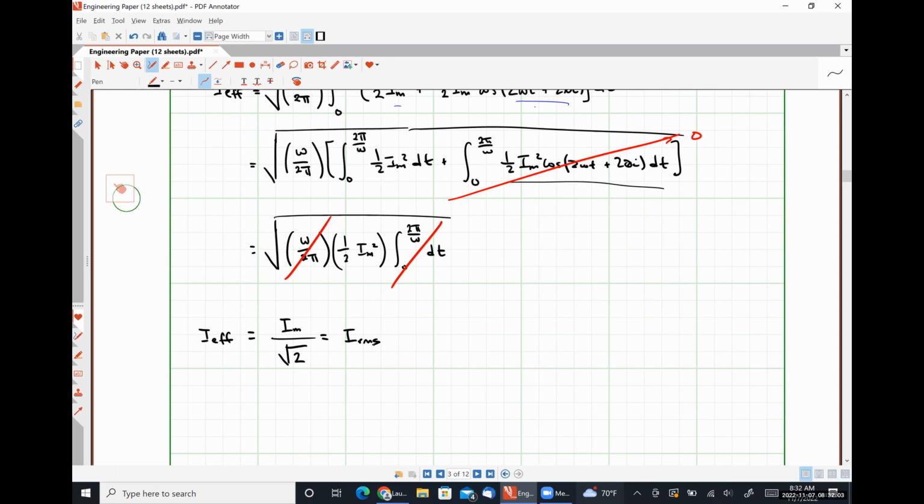So we did not use any specific value for the magnitude, any specific value for the angular frequency, or any specific value for the phase angle, right? So the effective value of a sinusoidal waveform is actually independent of angular frequency and phase angle. It only depends on the magnitude of the waveform, which makes the job of an electrical engineer much, much easier,